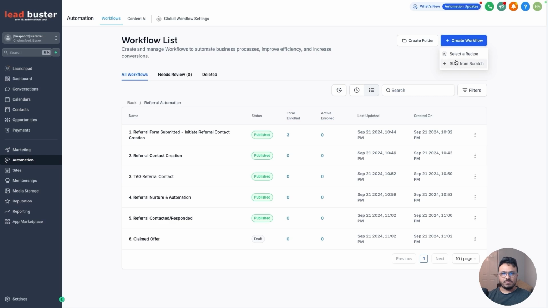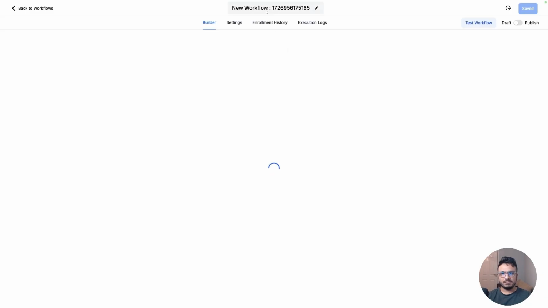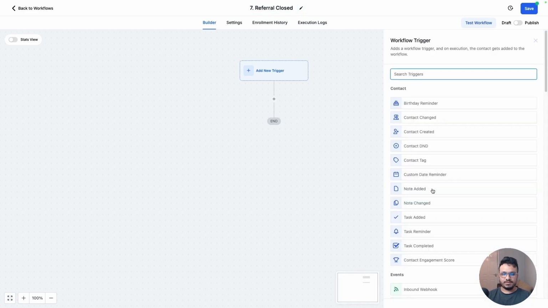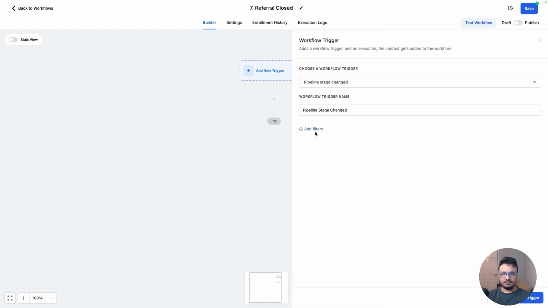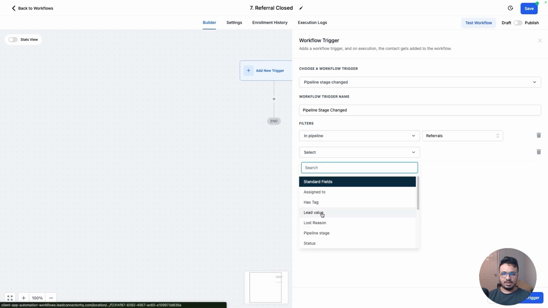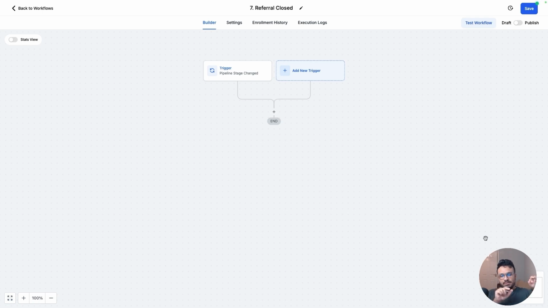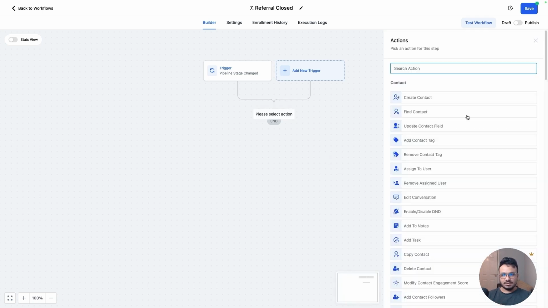And I also need to create one more called closed. If the referral becomes a client or a customer, that's the 7th workflow. So closed, referral closed. We're just going to say stage in pipeline referrals, and then pipeline stage moved to closed. So when you manually move that referral lead to closed, then we know that person has become a client or a customer. Now we can send a welcome email